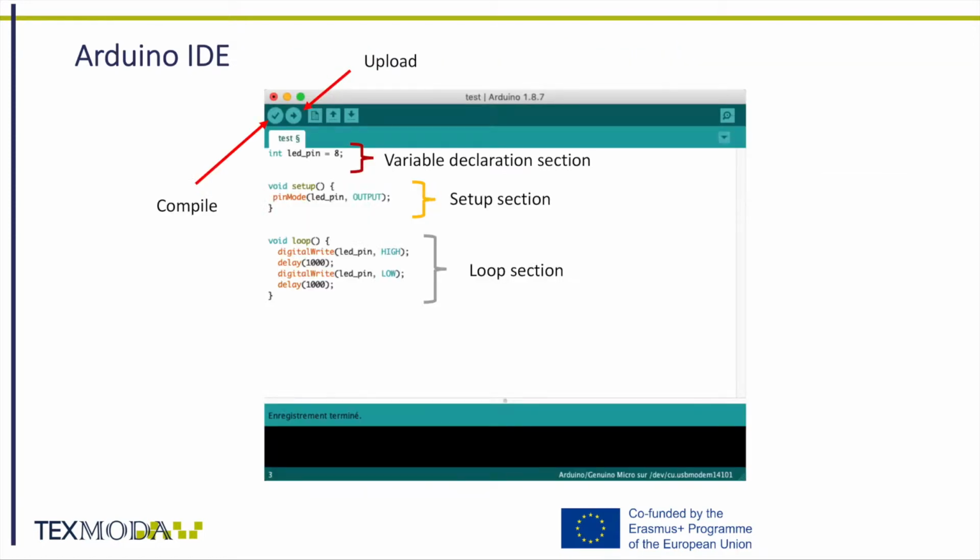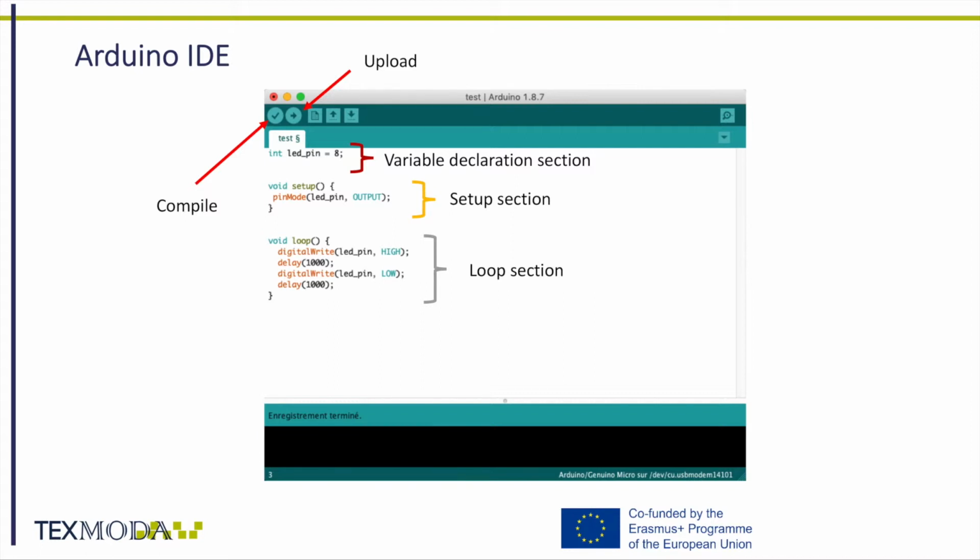As for the coding, microcontrollers are typically programmed in a high-level language such as C++ or Java. However, in the last decade, the most used code for smart textile projects is Arduino code. From this slide, you can see the interface of an Arduino IDE. This is an example of a simple Arduino program that makes an LED blink on and off at a frequency of 1 Hz. The code can be split into 3 different sections.